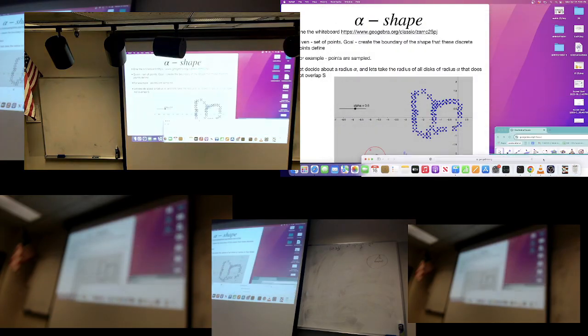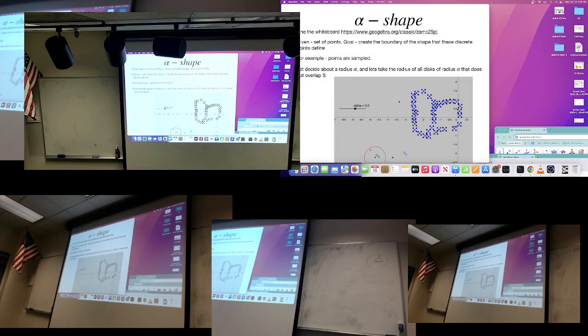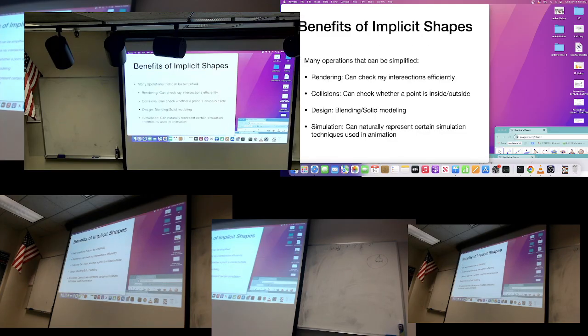Oh, we'll return to it. So, yeah, we'll get back to alpha shape. Yeah, implicit shapes, we will see that once I have my shape